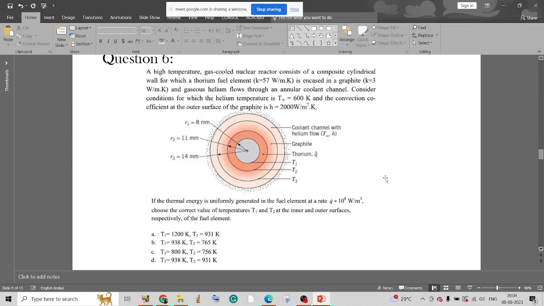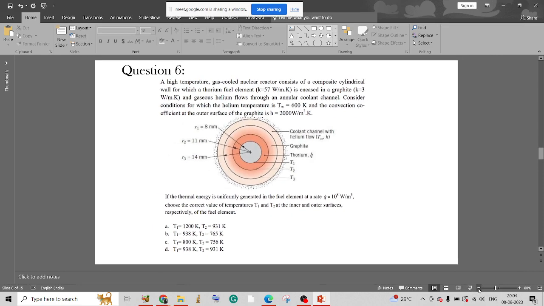Nothing to explain here. This is question number 6. I'll decrease the size a bit because it's not visible. A high temperature gas cooled nuclear reactor consists of a composite cylindrical wall for which a thorium fuel element, that is K is equal to 57 watt per meter Kelvin, the thermal conductivity of the thorium fuel element, is encased in a graphite of thermal conductivity 3 watt per meter Kelvin, and gaseous helium flows through